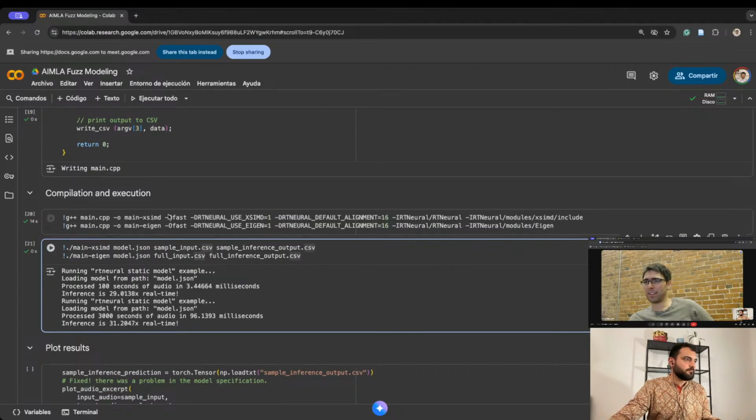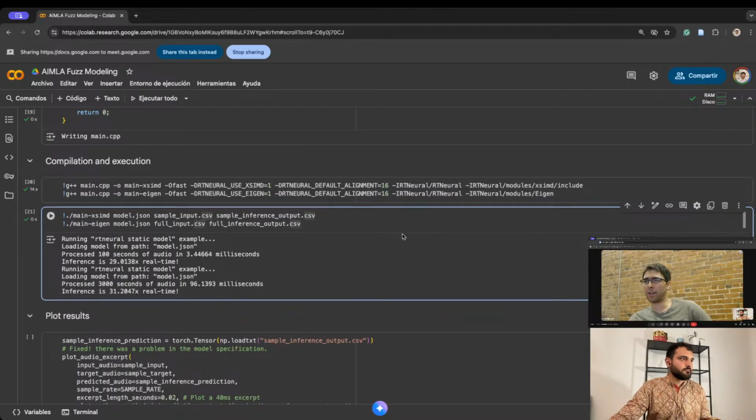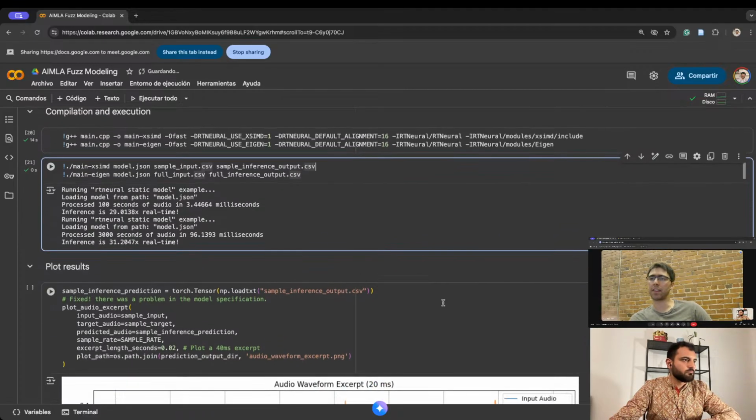Yeah, so now we're going to actually run the models, and we can see here it's going to tell us how much time it took to do the inference. We're getting around 25 to 30x real time, which is pretty good. There might even be ways we could improve that further, but for most use cases, that should be acceptable. The way to think about that is that you could essentially run like 30 instances of the plugin in series on one thread without missing your real-time deadline. There's a little bit of variance in there, so maybe like 29.